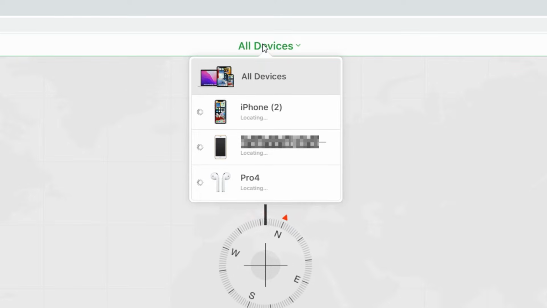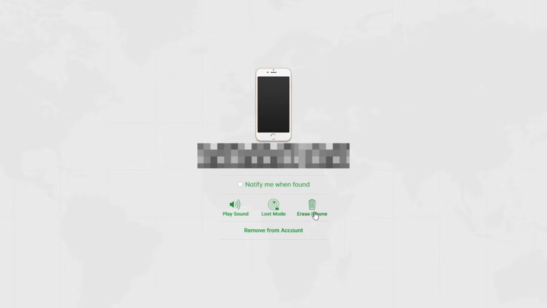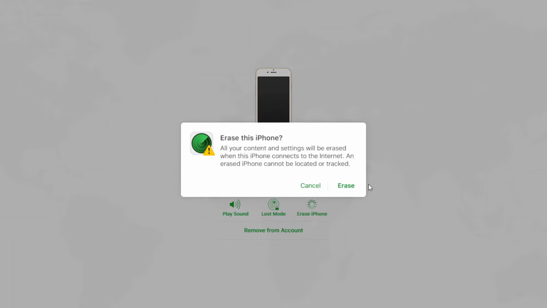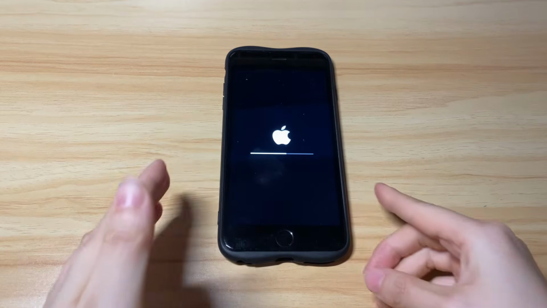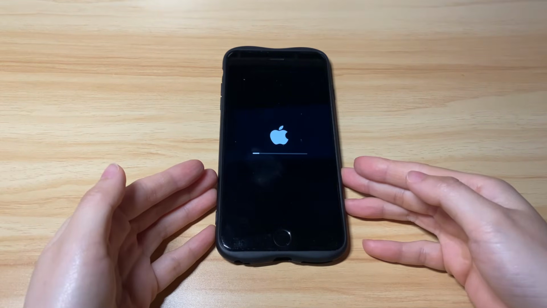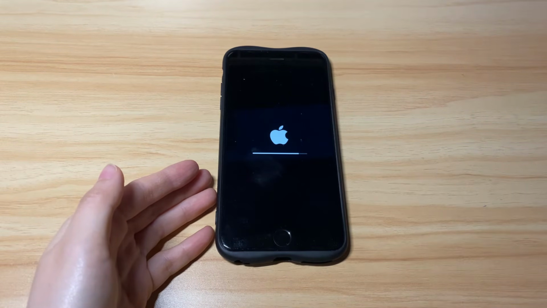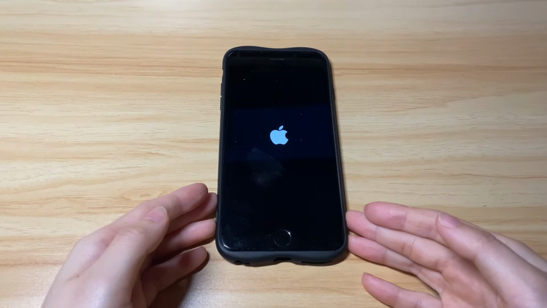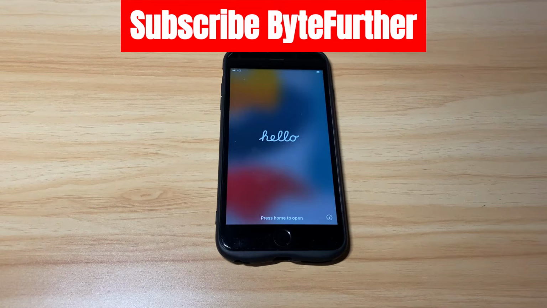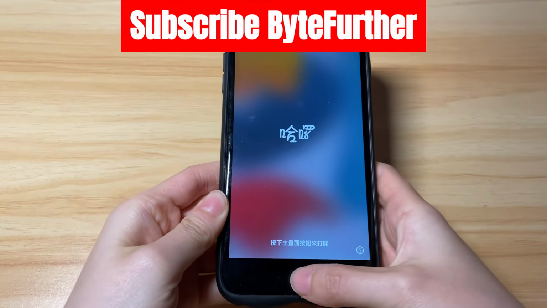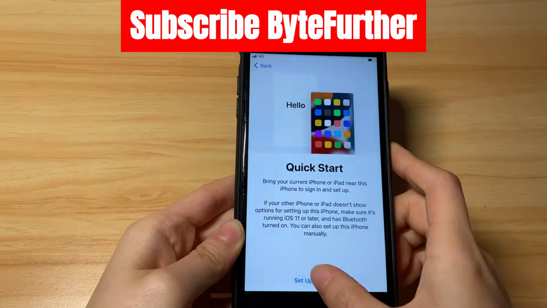Find and choose your iPhone 8 or iPhone 8 Plus that says iPhone Unavailable on the lock screen. Next, to unlock your phone, continue with Erase button. It'll send you an alert that the step will clear all your images, messages, numbers, and more. Just choose Erase again from the popping up message. And Apple will trigger the erasing and unlocking process immediately as long as your unavailable iPhone 8 is connected to a stable internet network. Like before, your iPhone 8 will boot up to the Hello screen after unlocking the iPhone